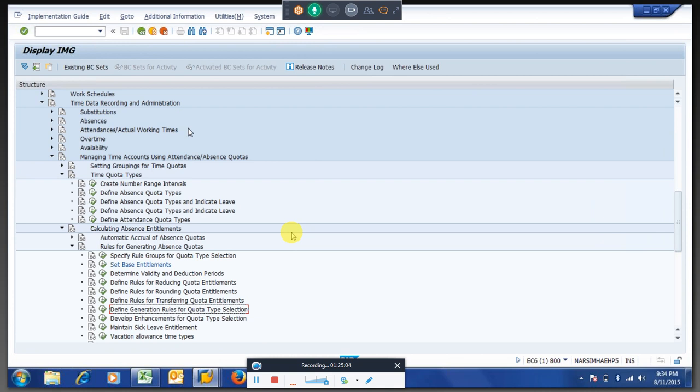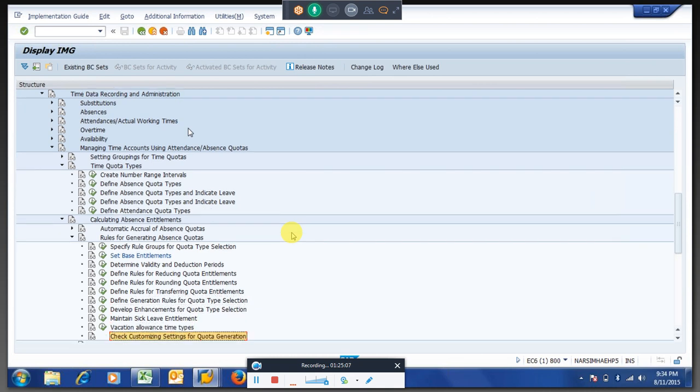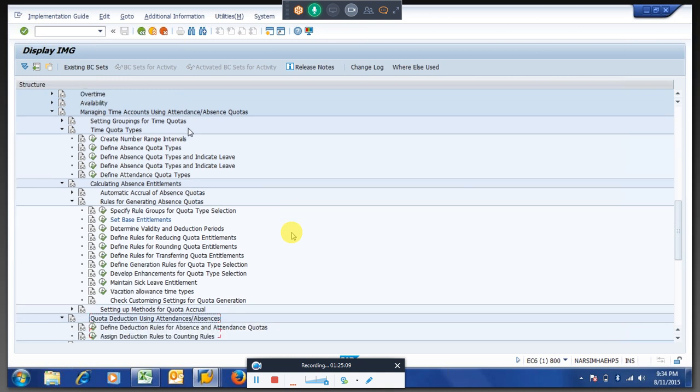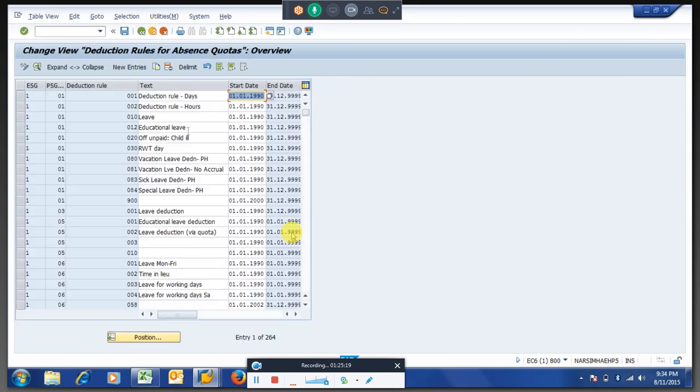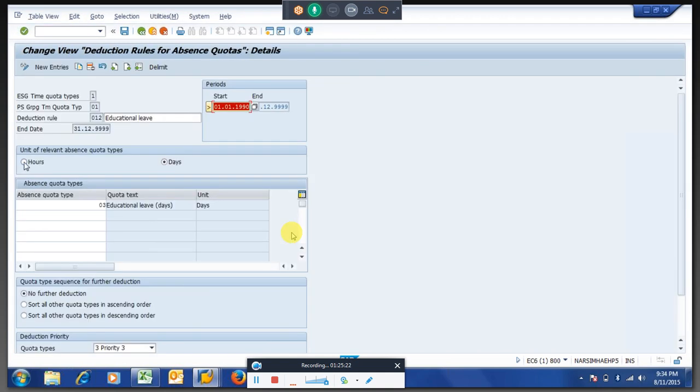There is another table, I think the deduction rule. I don't remember exactly where we will do this, but see, here also you have an option, right? Yes, all the configuration should be in sync. If you assign days there, it comes as days. And here if you put hours, it won't be the right one. It won't even accept it. So likewise, we will mention days or hours.